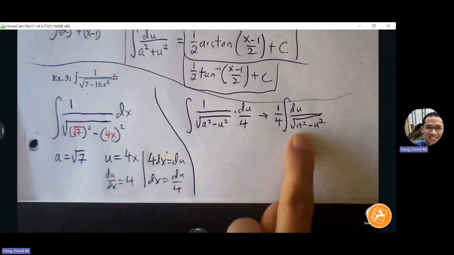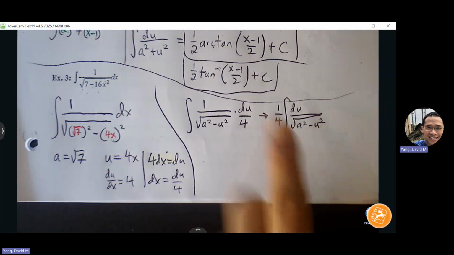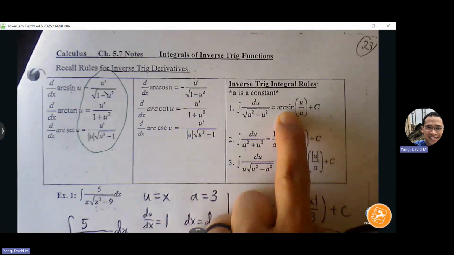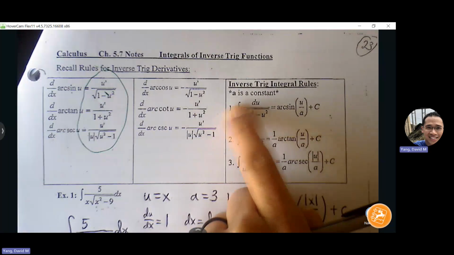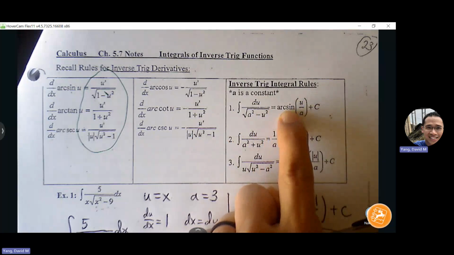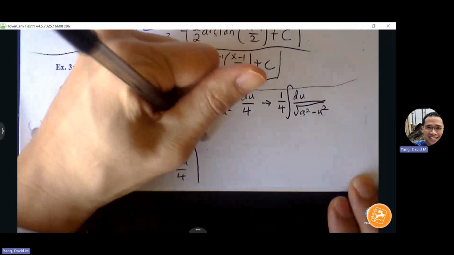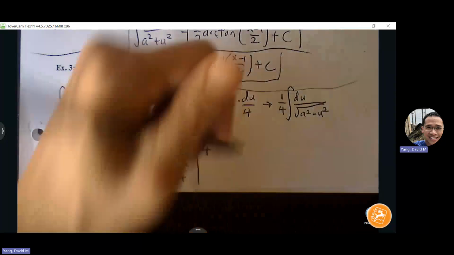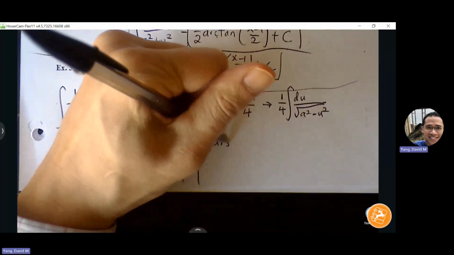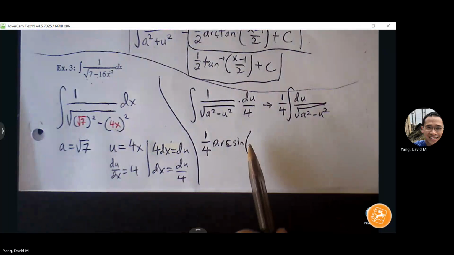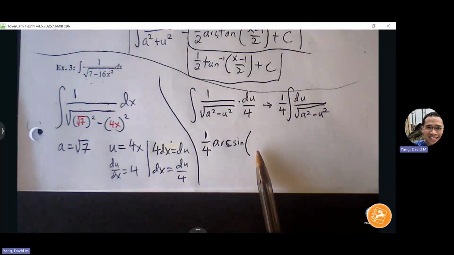Okay, do I have a perfect match? Yes. So now we want to go through the rule here. Arcsine does not have a 1/a in front, but we still have to keep our coefficient, right? If there's any coefficient, we have to make sure that is included on top of your antiderivative. So the 1/4 is going to come first. There's no 1/a. We can jump directly into arcsine of u over a, so 4x over root 7